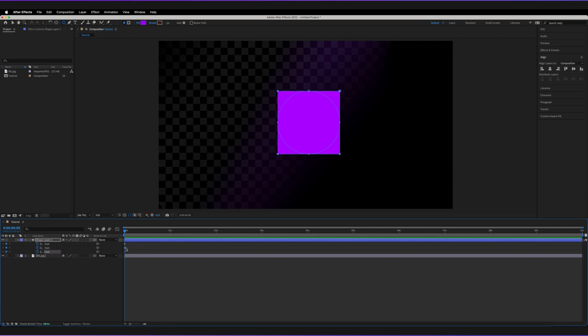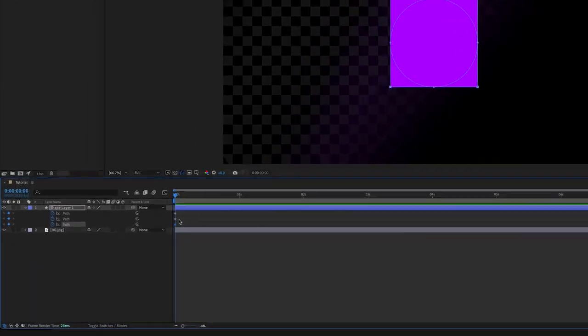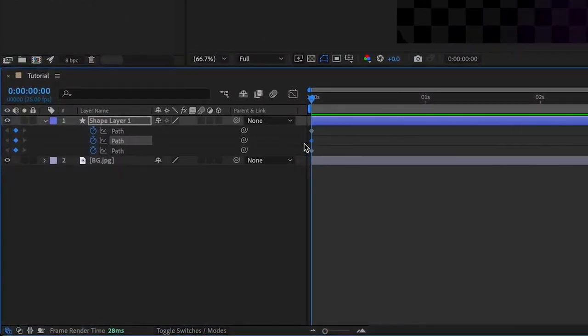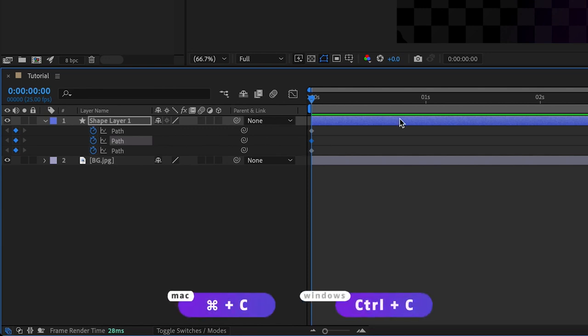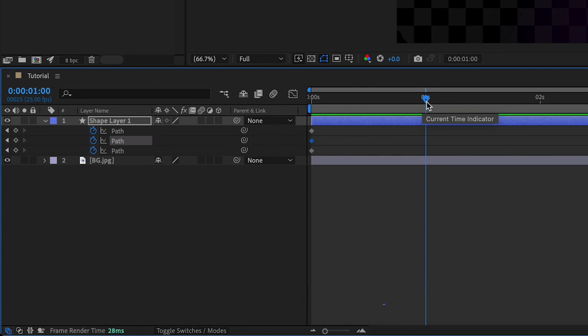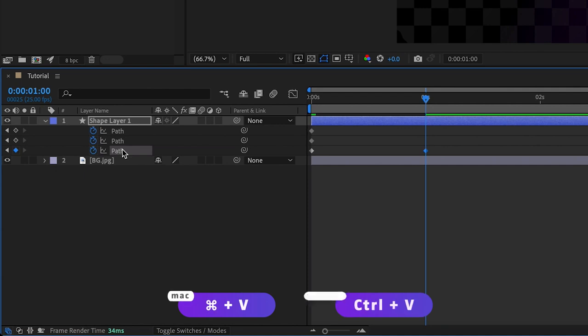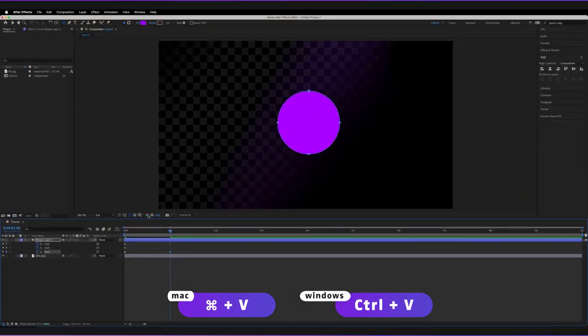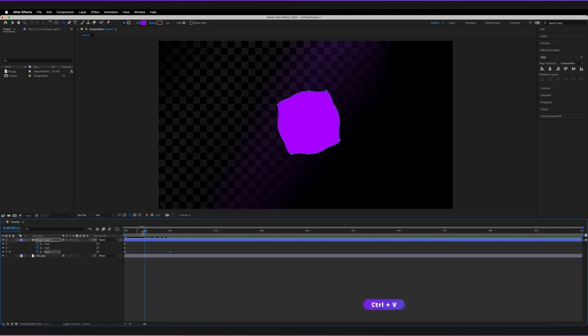So what we're going to have to do is duplicate the circle keyframe, so the circle paths keyframe, and duplicate that onto the square paths timeline. So for example, if I quickly select that option, Command and C to copy, or Control and C for Windows, move my current time indicator, so roughly 1 second, go to path and press Command and V. And as you can see, this has now created a circle. So if I go and drag my current time indicator back to the start, as you can see, we can